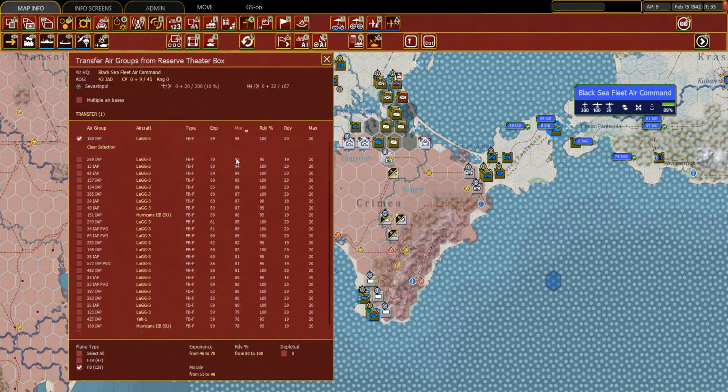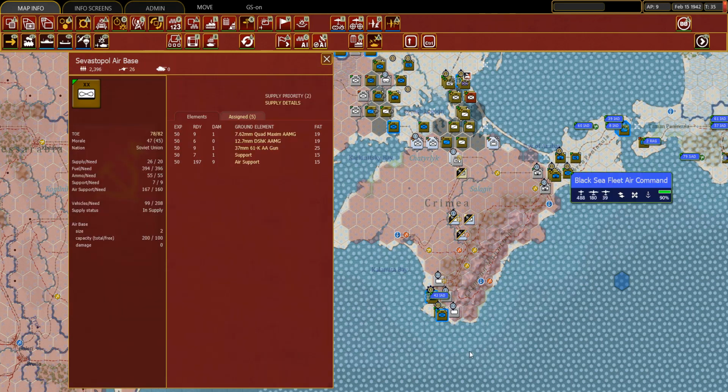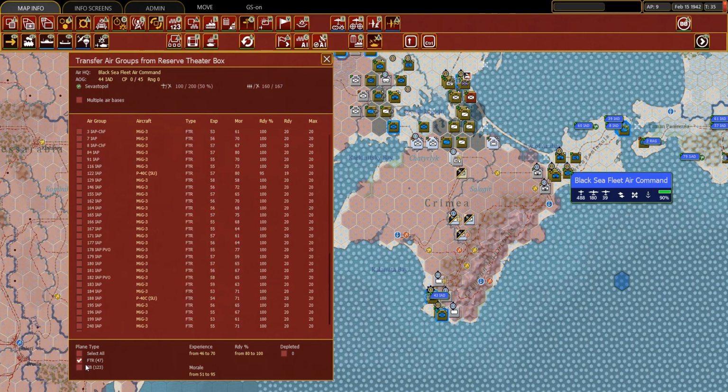I'll do it on morale. But I prefer high experience too. So either way, I'll be putting 200 planes there. They won't be flying right now, obviously. But they will next turn, so...